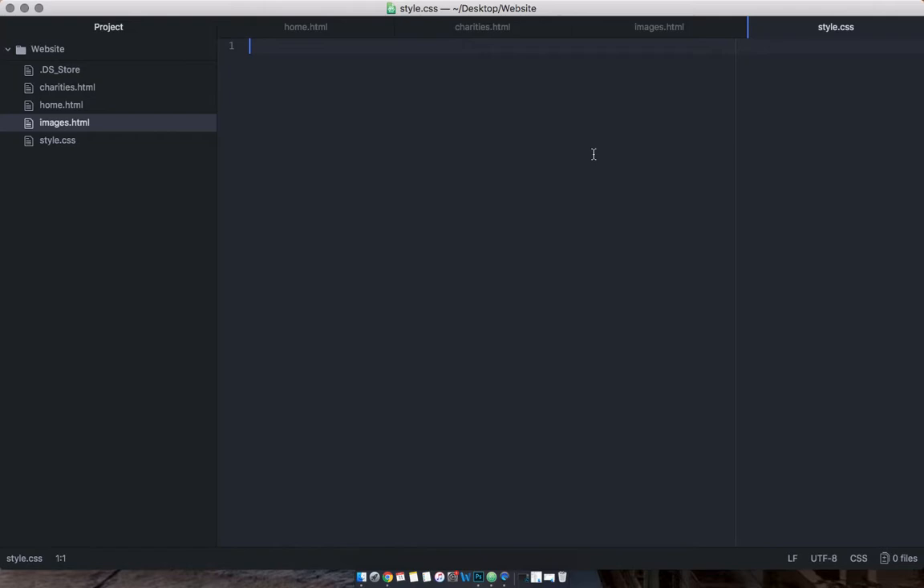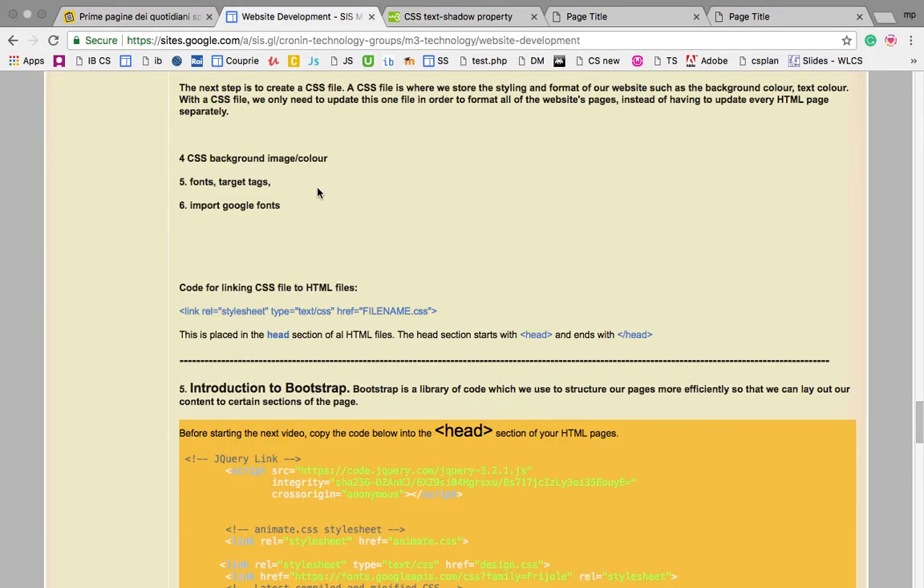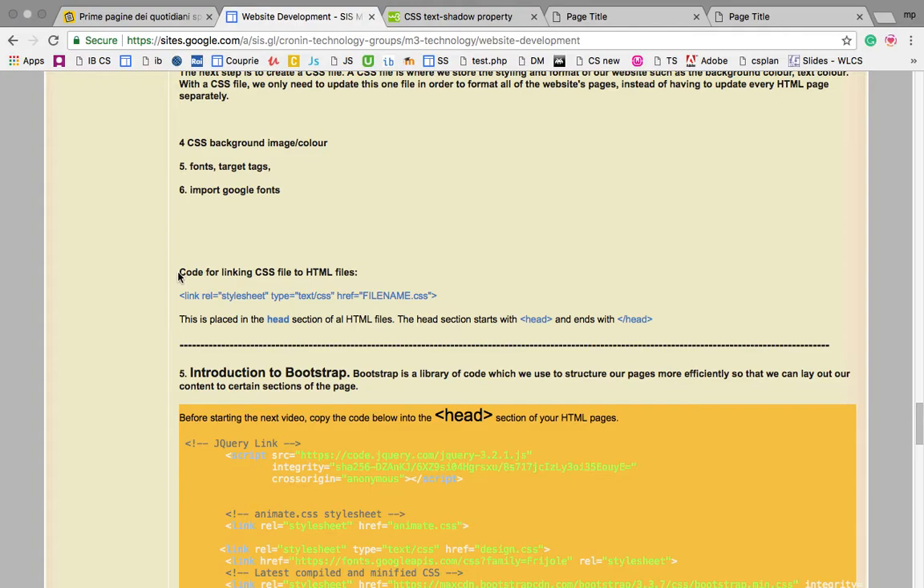Now, before we do anything, we need to link this to all of our files so that any settings that we put in here, like background color blue, it affects all of these pages when we see it in the browser. So the first thing we're going to do, because I've made your life easier, is if you go to the design site, and there's a code here, code for linking CSS files to HTML files. Just copy that blue code